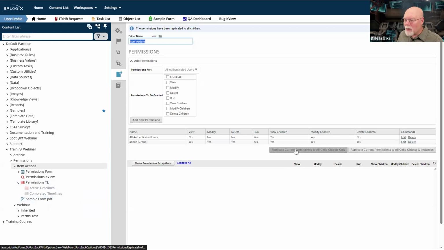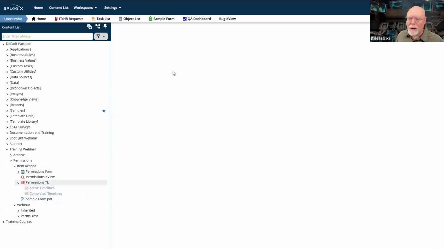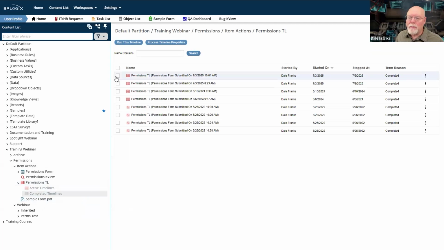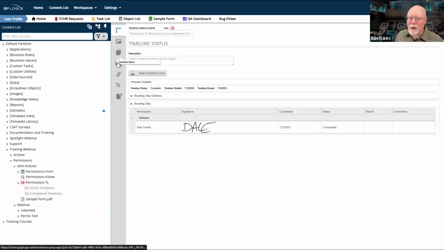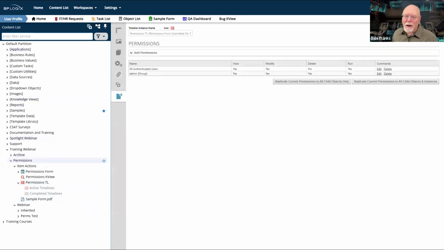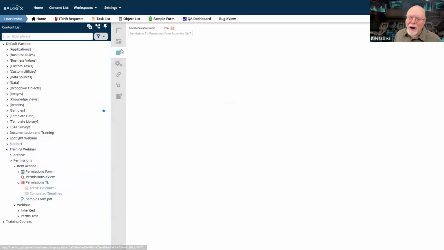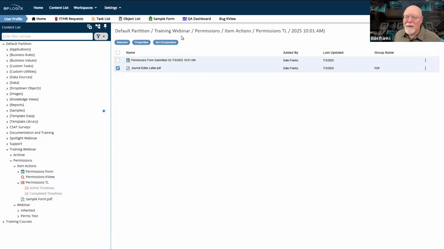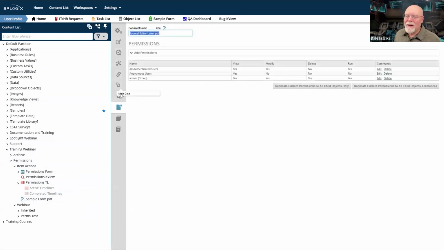But when I clicked replicate current permissions to all child objects only, what it didn't do, oh, it's a timeline instance. It'll open the properties for me automatically. But what, oh, that's the timeline. Duh, I need to look at the document. Finally, the right object. What it didn't do is remove my all authenticated users.